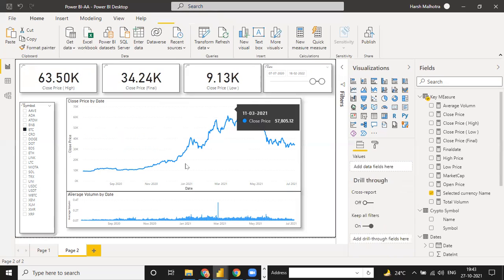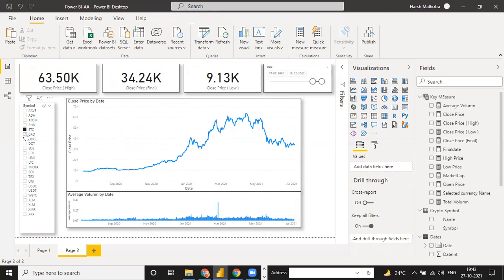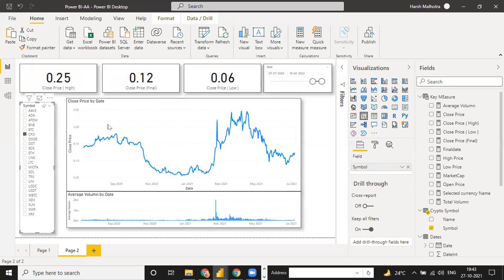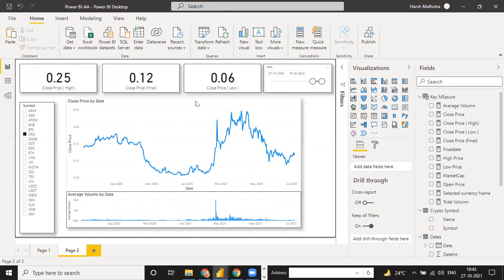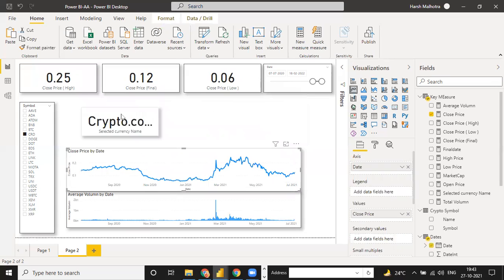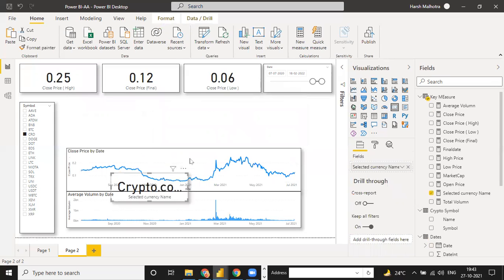When you click on any currency, the name is changed. It is changing, but in the background.